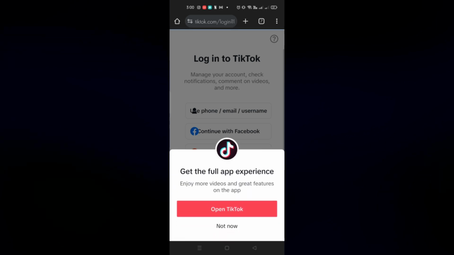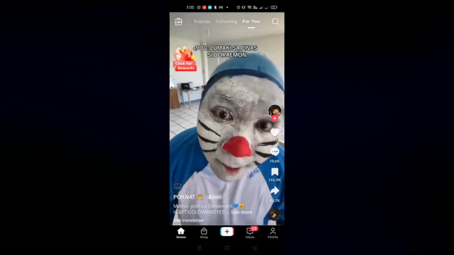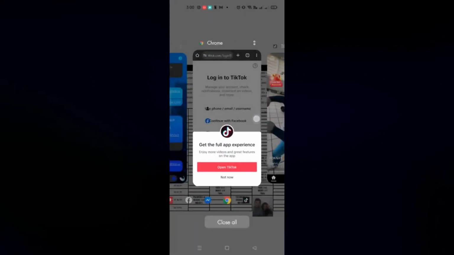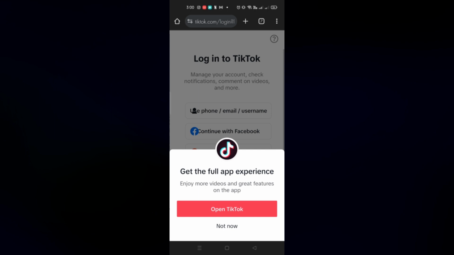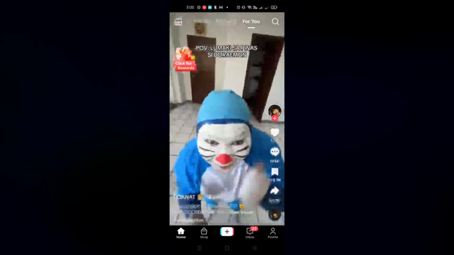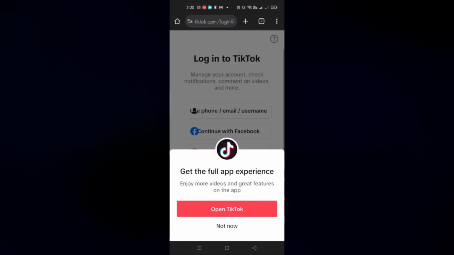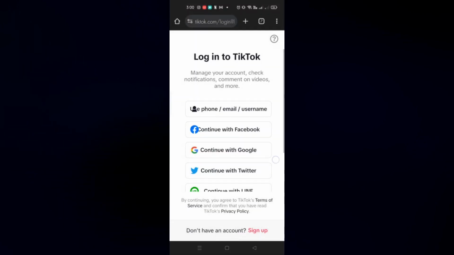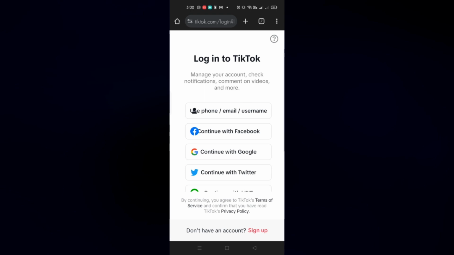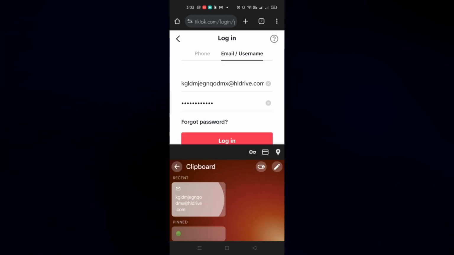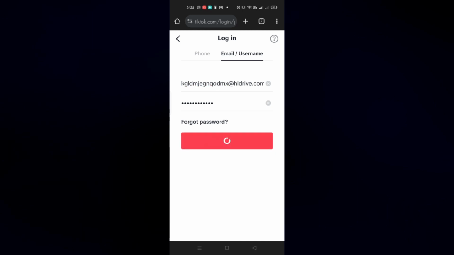You can open your TikTok application on your mobile phone. But in order for us to proceed with connecting our Shopify to TikTok Shop, just simply log in using your email or your username so that you'll be able to log in here with your TikTok for your Shopify account. Like in my case here, I'll be logging in with an email. Just type in my password and simply click on log in, and you just need to wait for it